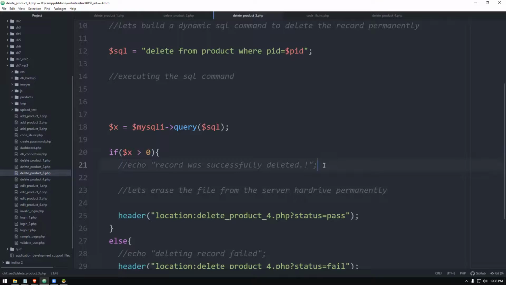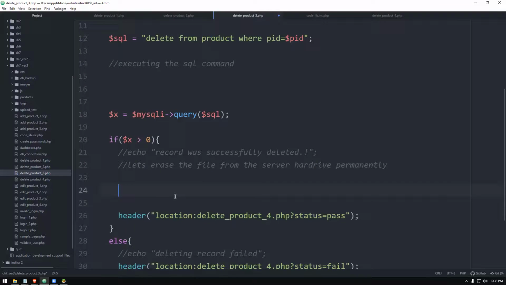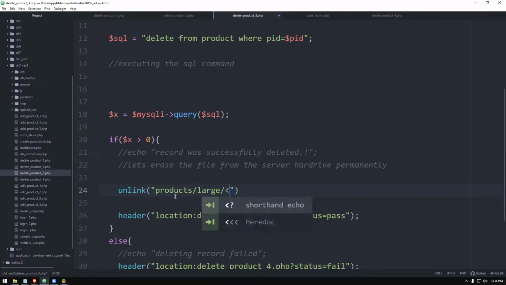Let's see how it's done. It's very simple. What you need is a command to delete a file. In PHP, the delete command is unlink. Just the command name is unlink, and you give the file path. The file path is products slash large slash, and you can use the variable name which is old picture name.